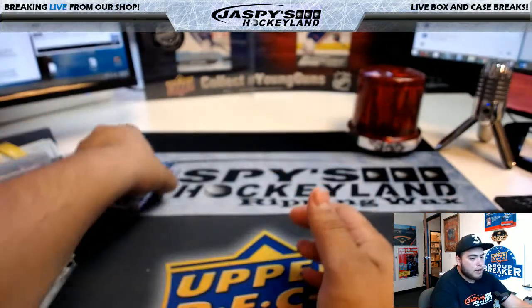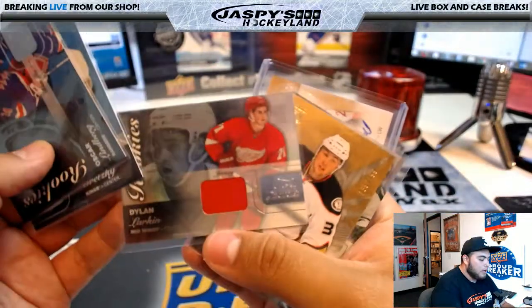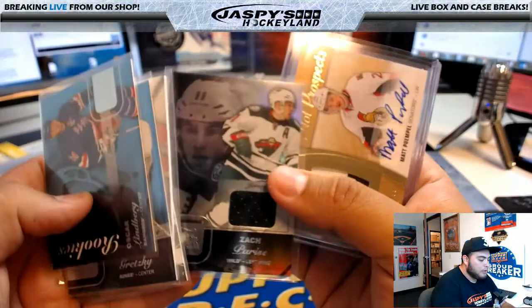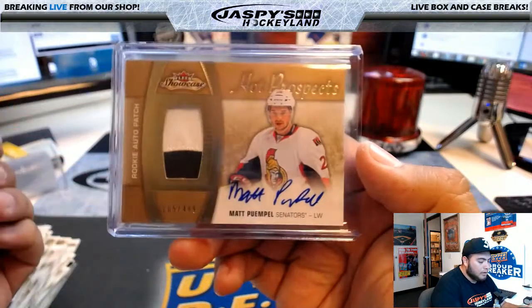And there you go. Well, there you go, Karen. That was your personal box right there. Couple nice blue ices, relic of Dylan Larkin, Nick Ritchie prospects, relic of Zach Parise, and a Matt Pumpel, 3 color. There's a little bit of red down there. Patch,